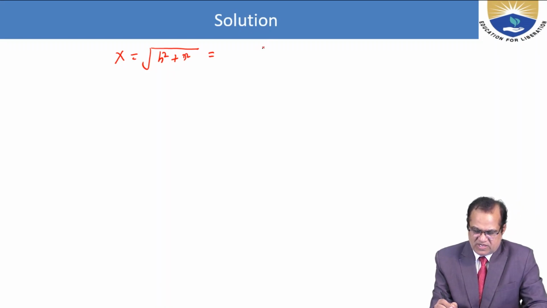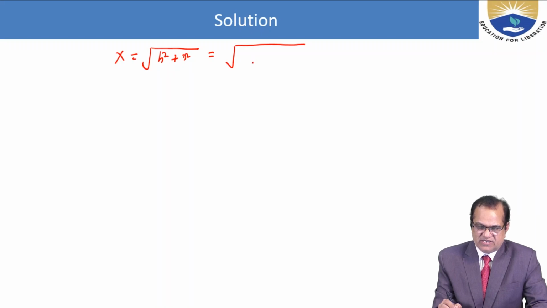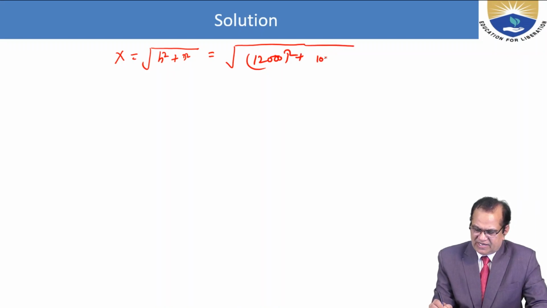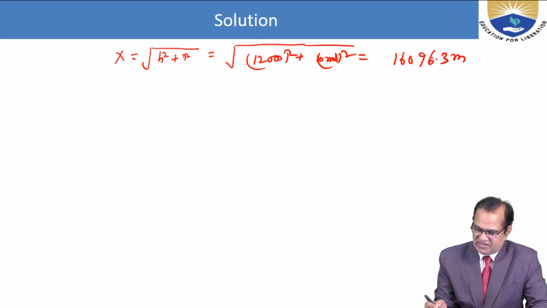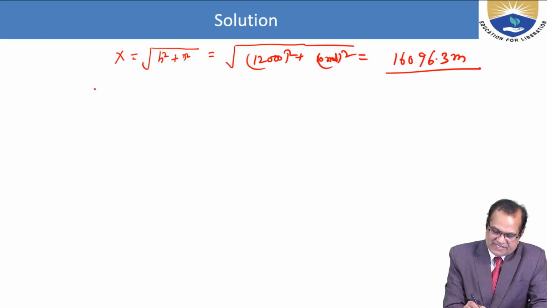So we can find out that it is 12,000 feet plus 10 miles. So we have to convert this: 12,000 feet square plus 10 mile square. You will get here 16096.3 meter. So this is our distance in meters, and at 12,000 feet